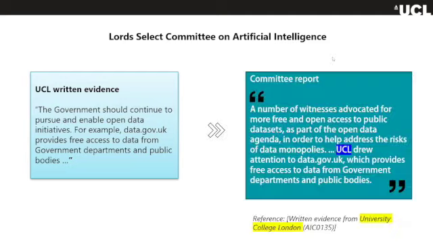a citation in the committee report in which they noted that a number of witnesses had advocated for more free and open access to public data sets, and they cited UCL and the fact that we'd drawn attention to a particular resource. It's always nice when you get a direct citation, but one thing I would keep in